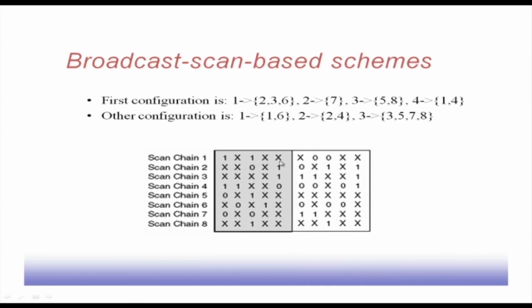Okay. So, after this part has been done, for the second part we can see that 1 and 6 are compatible. So, this is x, this is 0. So, this is 0 0, either x or 0. That way 1 and 6 are compatible, then 2 and 4 are compatible. So, 2 and 4 are compatible. This way we can see that after we have shifted these many bits, these 5 bits,